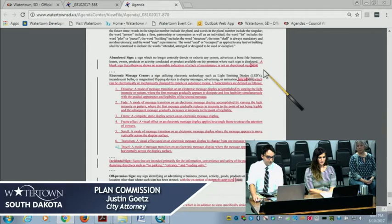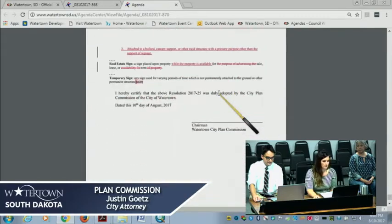Parasitic signs are defined as prohibited signs above, and these are the 3 types of parasitic signs. Real estate signs are then clarified as being signs that are defined as a sign while the property is available for lease, rent, or sale. And that sign is placed on the property for that purpose. And with that,